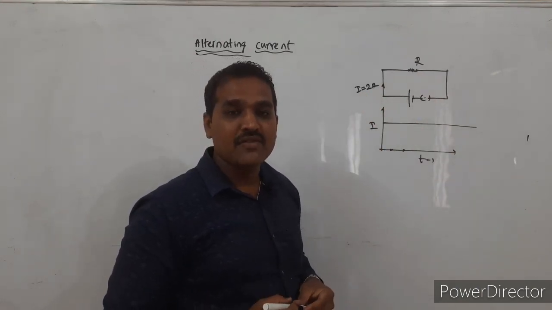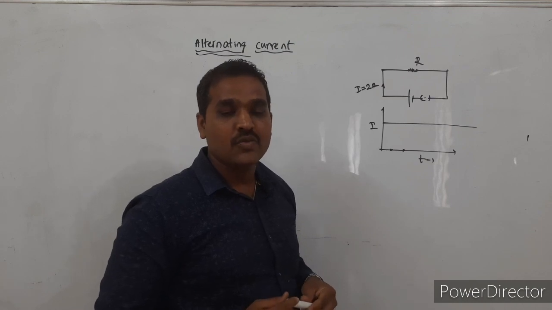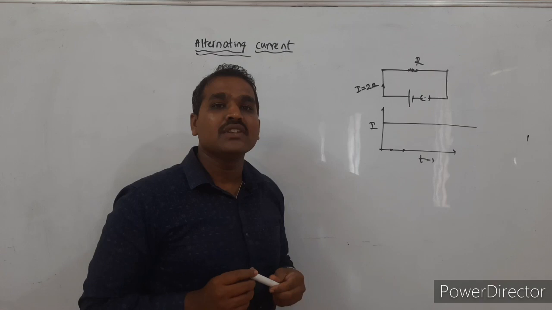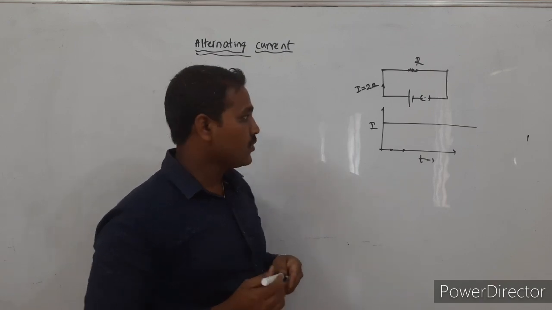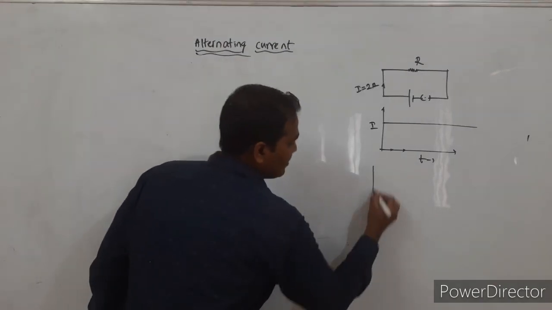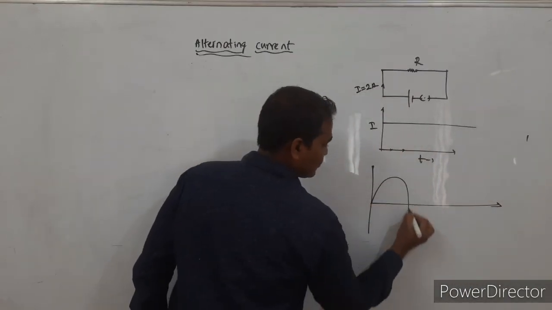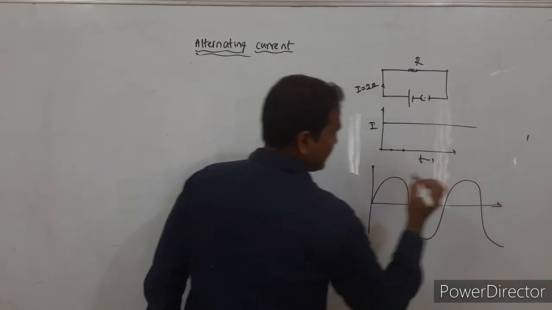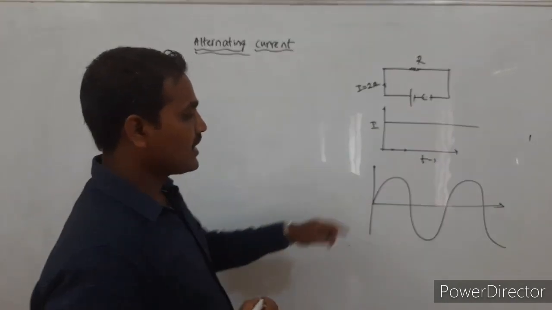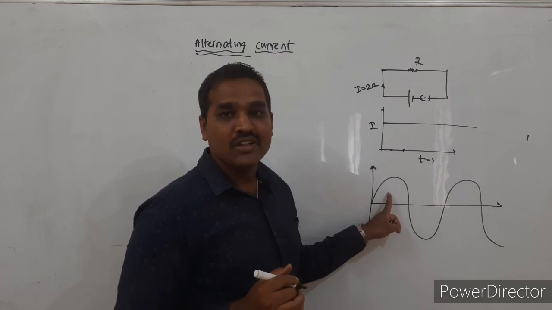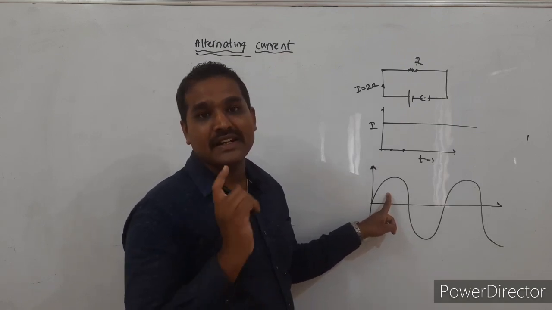But in the previous chapter of electromagnetic induction, when we studied the production of alternating current with the AC generator, we saw the EMF induced, the EMF produced, was something like this. That was sinusoidal, like this. If I consider this type of current, we have termed this alternating current.